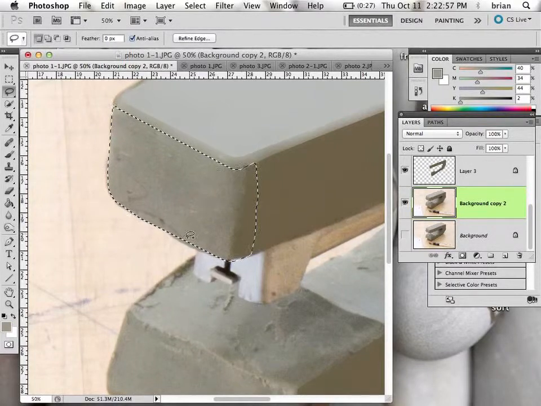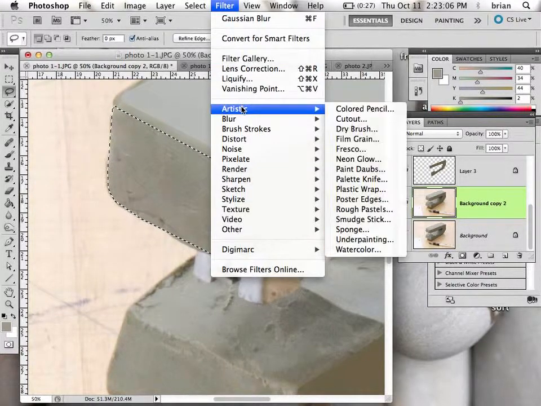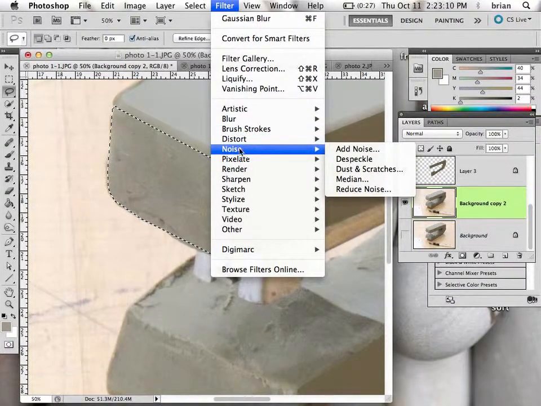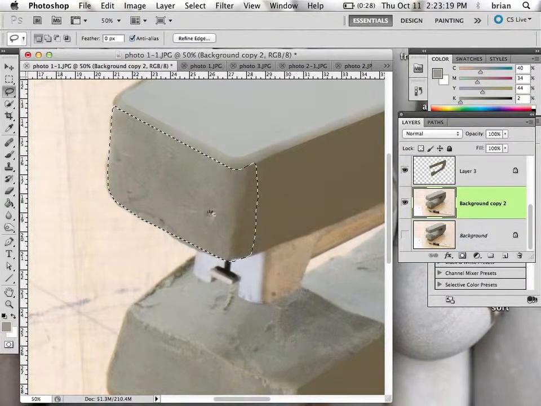selection. Because I actually want some of that to curve around so I have a little bit of a softer edge there. So let's try yet another filter. So we did some of the blurs. Let's try some of the noise. So this means that we want to reduce the noise. So if you just got a little bit of noise, you could do this noise reduction, and you'll see